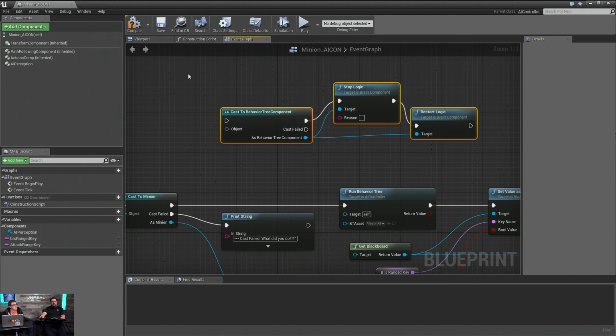This is just a way for you to gain access to, I guess, what would be a good metaphor? The component is the interface that is actually turning the crank to make the behavior tree run. And you're just saying, hold on, dude, stop turning the crank. And then the behavior tree itself is just sitting there like, I'm the data that's being used. Hopefully that made some sense.